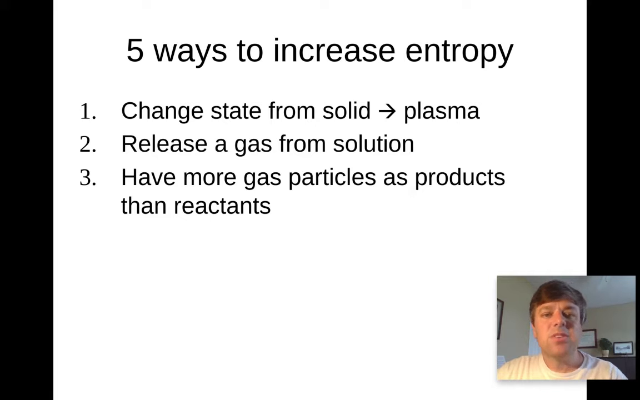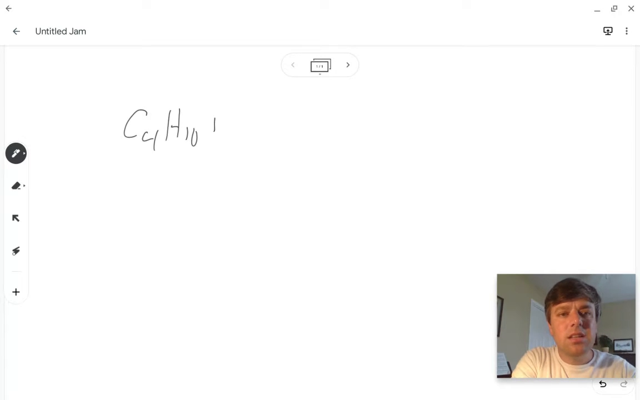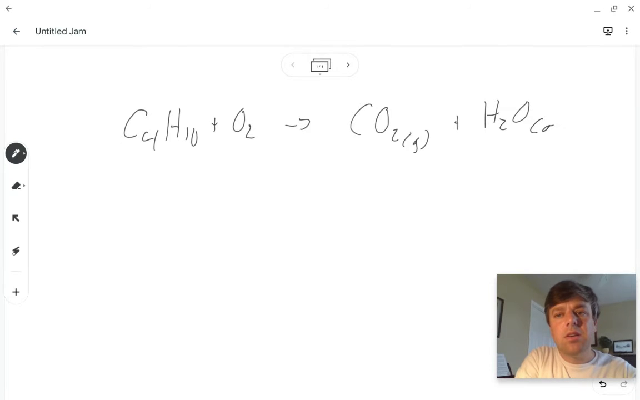Which goes right into number 3. If a chemical reaction produces more gas particles as products than it does as reactants, entropy goes up. And I can show you an example of that. If we consider the combustion of butane, C4H10, that produces carbon dioxide gas and water vapor. And it uses oxygen gas. And when we balance this, we end up with